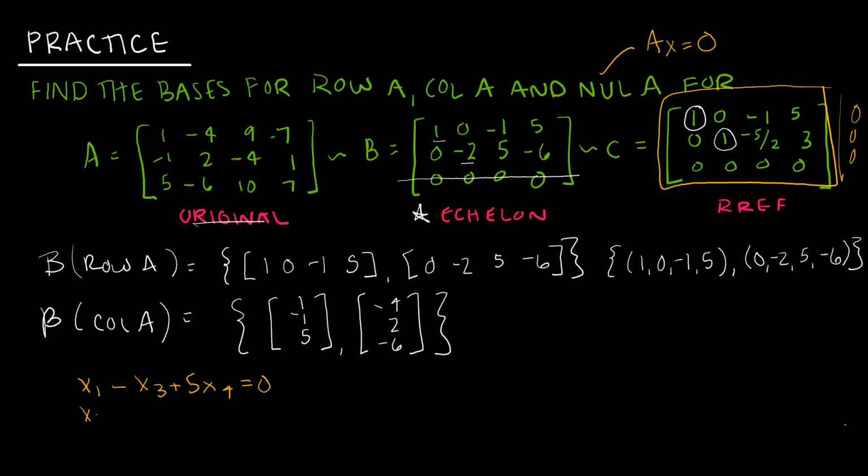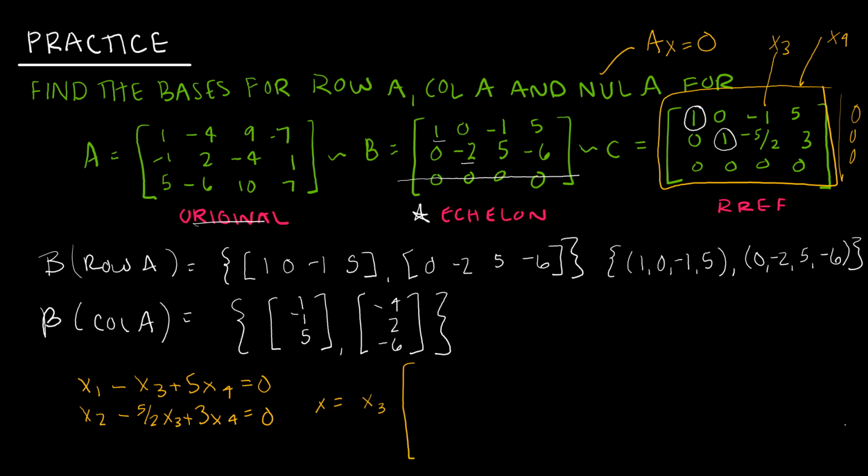And that x2 minus 5 halves x3 plus 3x4 is equal to 0. And so to find my solution, I would write it in terms of the free variables, which are obviously x3 and x4. And so x would be